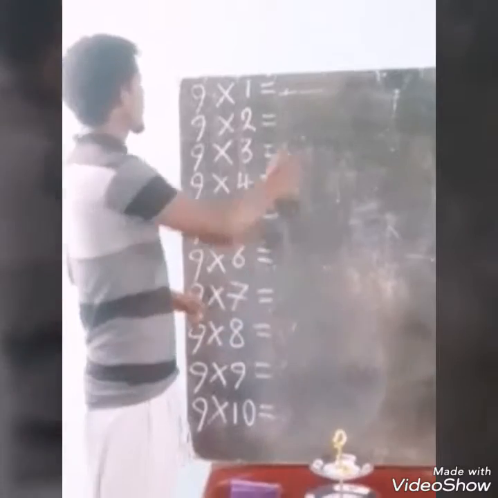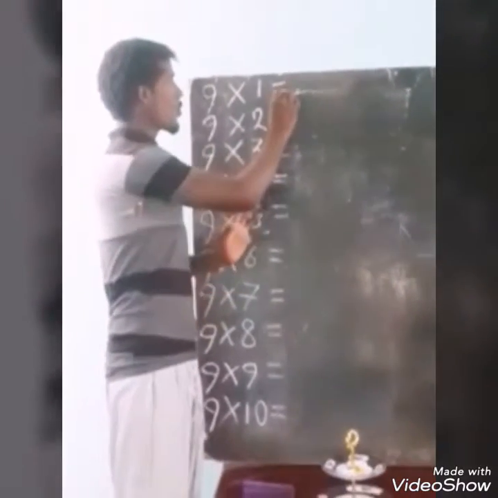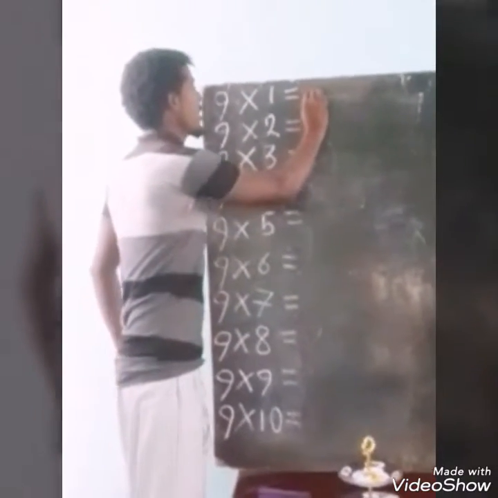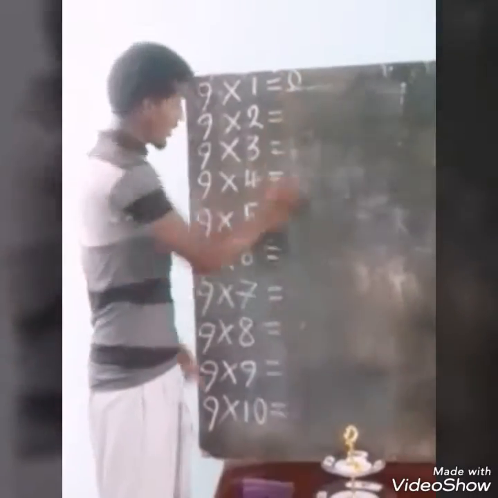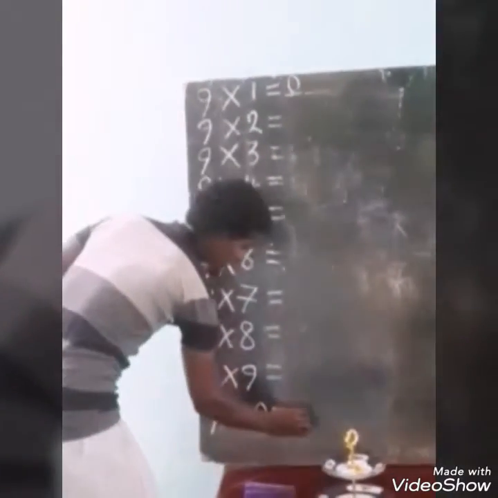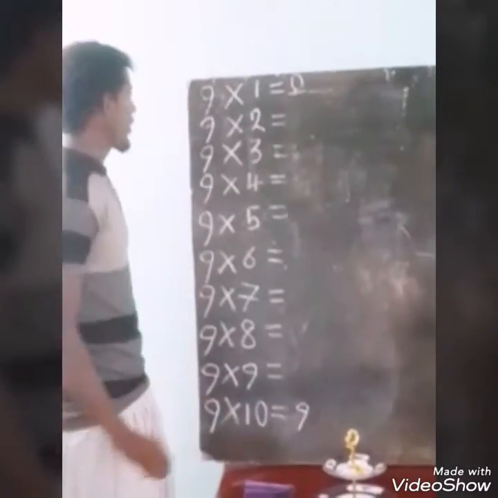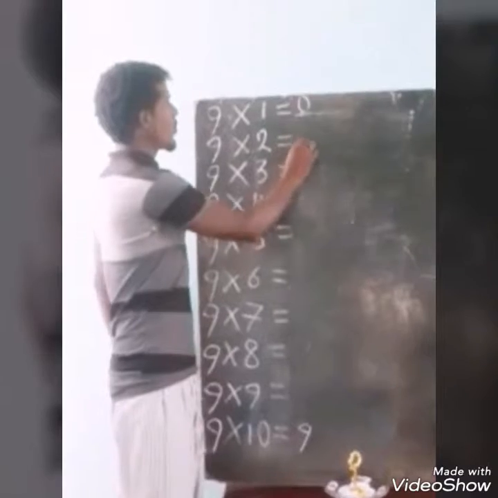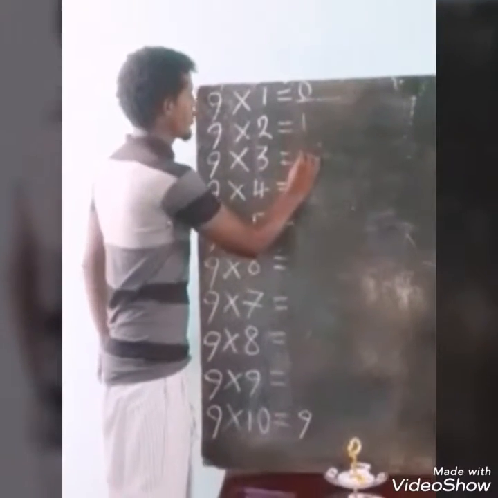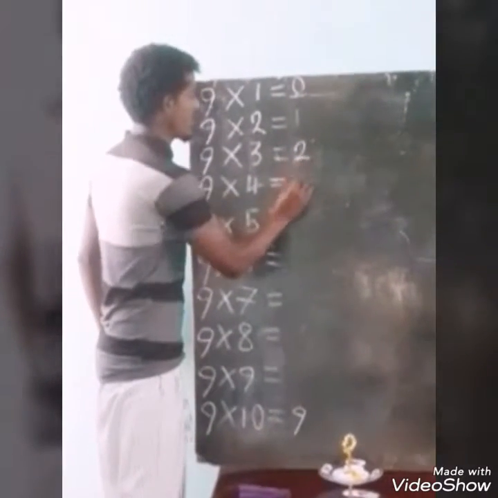So let me start. I am going to start by 0, ended here is 9, and as you know it is table 9. 0, 1, 2, 3,